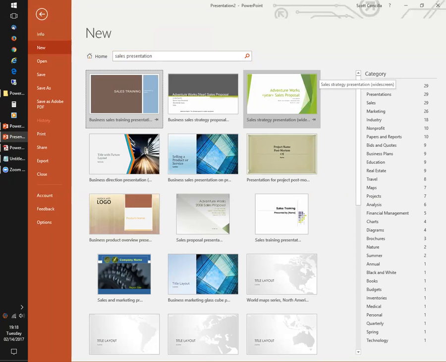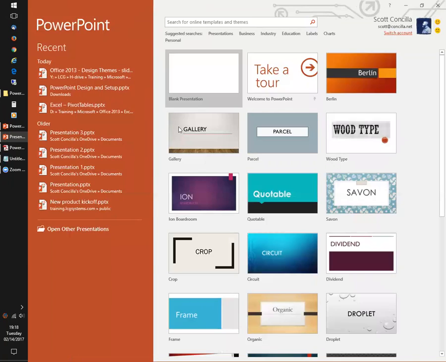The other thing to keep in mind, though, is even if it's a template, you can always switch the theme that's being used. Remember, these things are not mutually exclusive. A template can incorporate a theme, right? But a theme's not going to have a template. That's just kind of the way it works. All right?